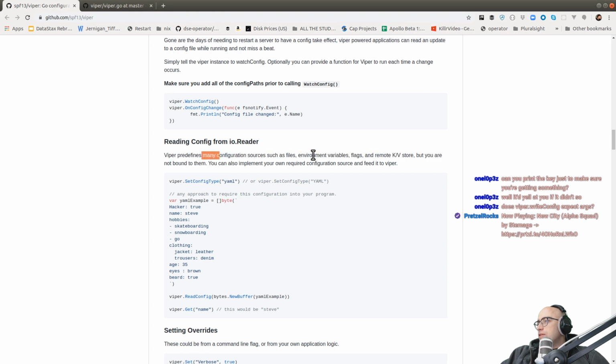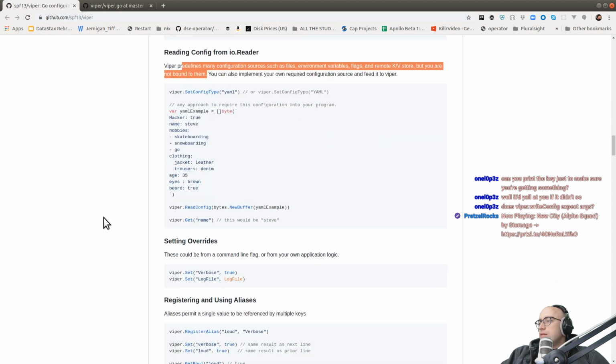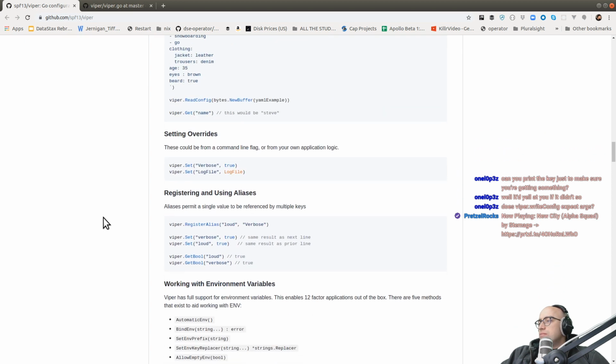Viper predefines many configuration sources such as files, environment, rails, and a remote KV store, but you are not bound to them. You can also implement your own required configuration source to feed it to Viper. Right. So basically,